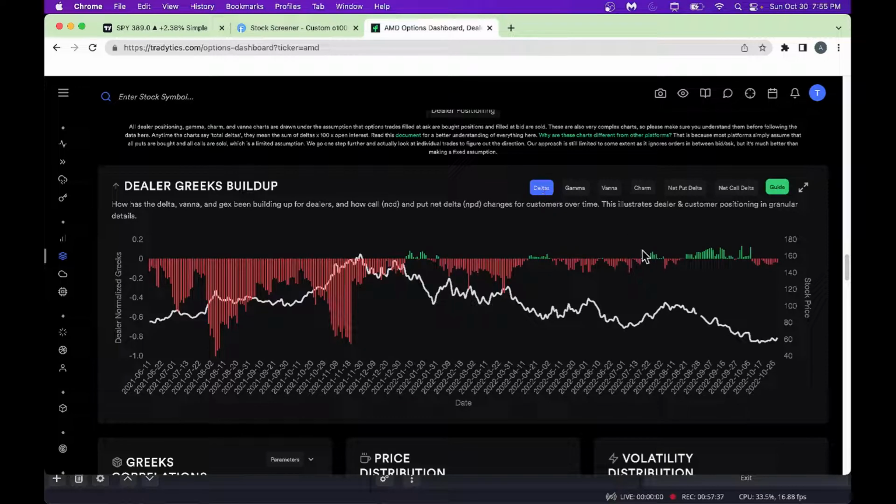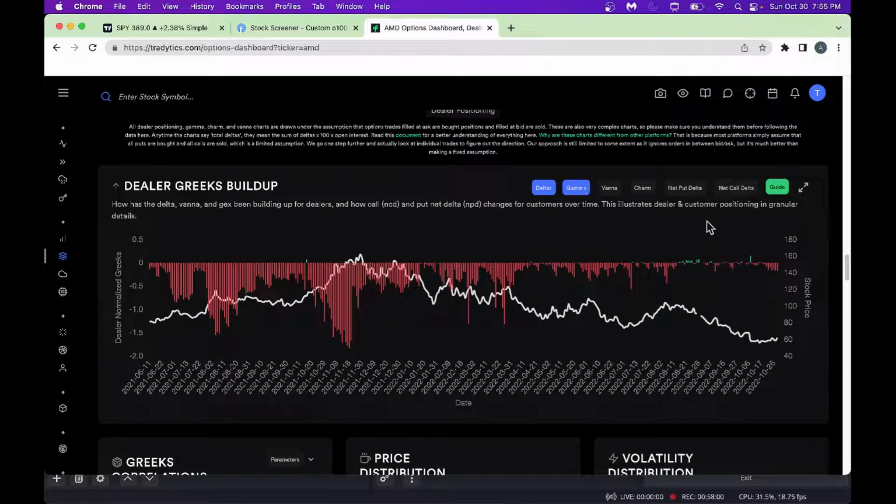We are into delta right now, and look, it's trying to improve. If you see the white bar here, the stock price is trying to go higher. And we've got the daily value from a delta perspective. It's trying to improve. Right now, it's still negative delta. And you can look at the gamma. Most folks love gamma exposure of late. Look, from a gamma perspective, it's negative and just trying to go higher. As the gamma position improves, the stock can go higher. Right now, the bars are getting longer, so you've got to be slightly careful, but the stock is trying to bounce back.